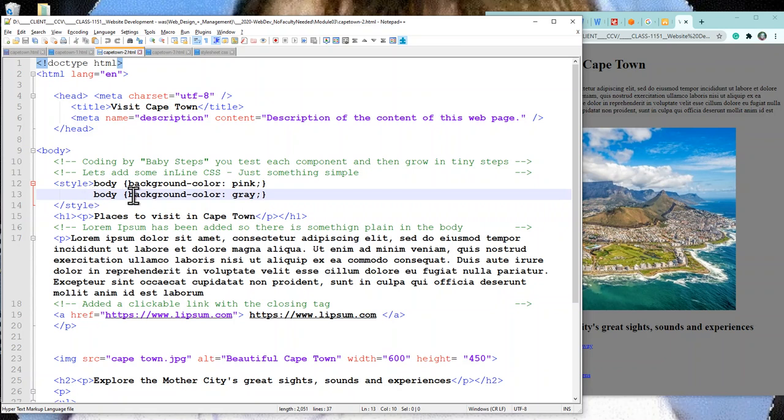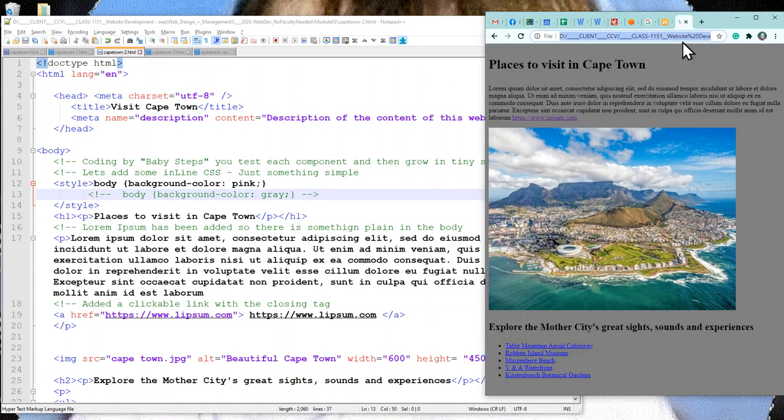Suppose I didn't want it to be gray anymore. I could just put in my bracket, exclamation point, dash, dash, and then comment this out. And by putting a dash, dash greater than in, I can then save it. And when I go to render it with 2, now when I refresh it,